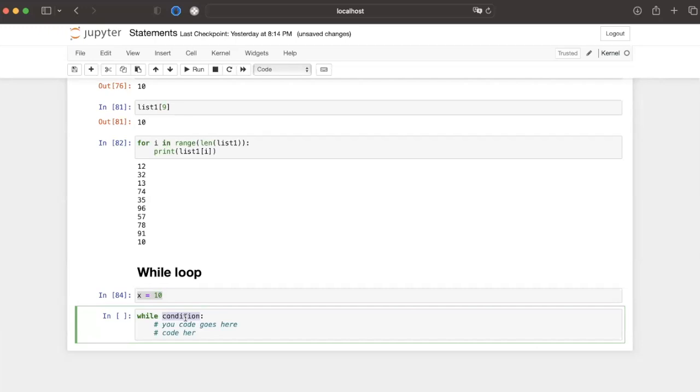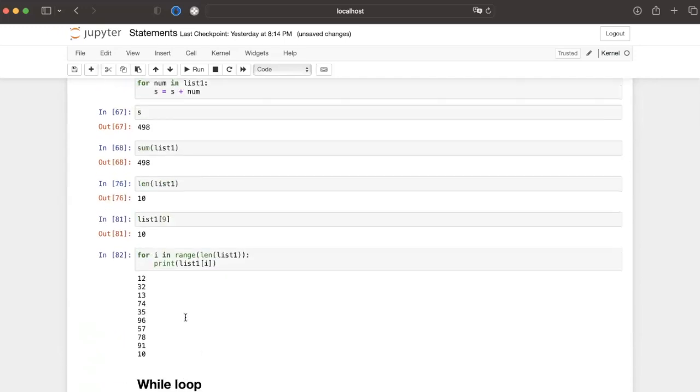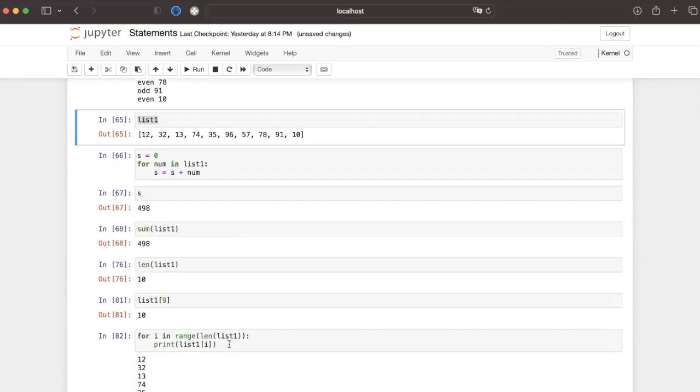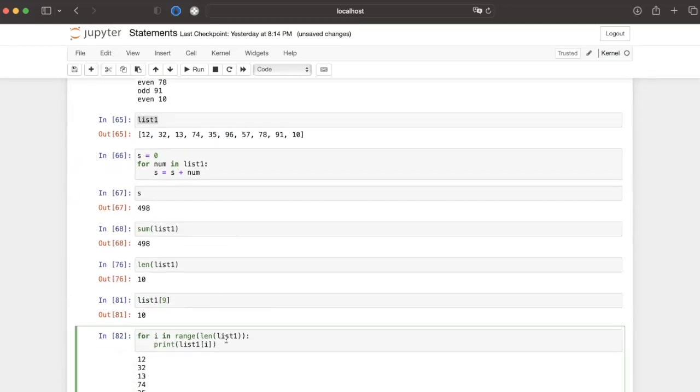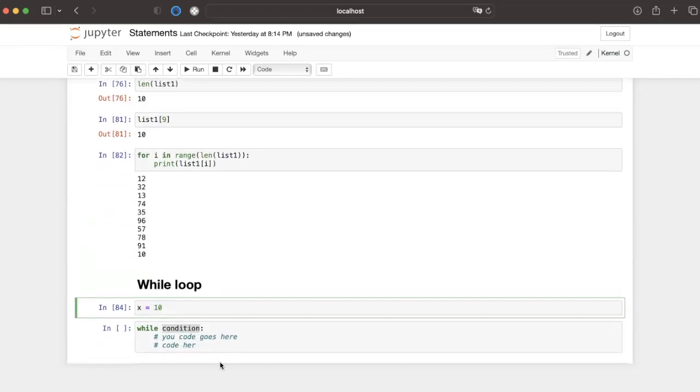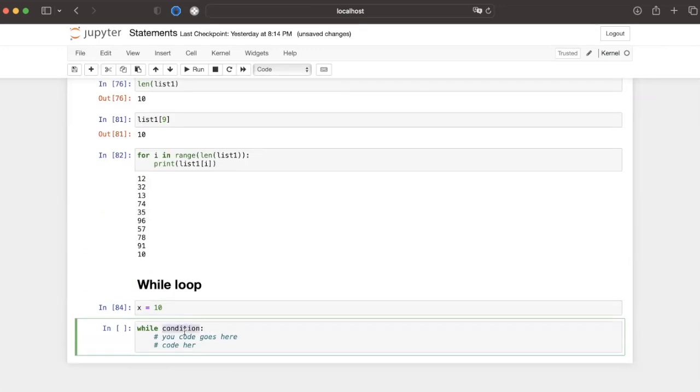See, a for loop will run only till the end of this list or whatever iterable you are using, right? For loop will run only till that iterable. If it reaches the end of that list or iterable, it will stop automatically. But this while loop will stop only if this condition becomes false. It cannot stop if this condition is not false,